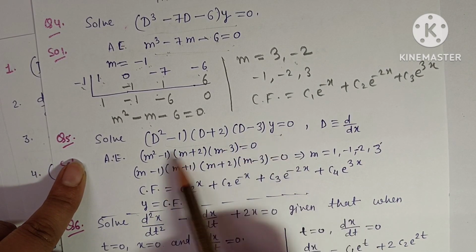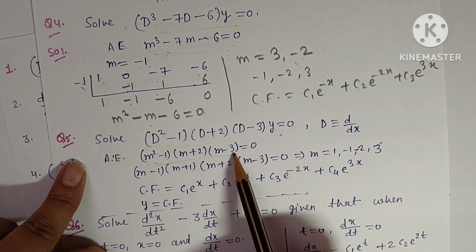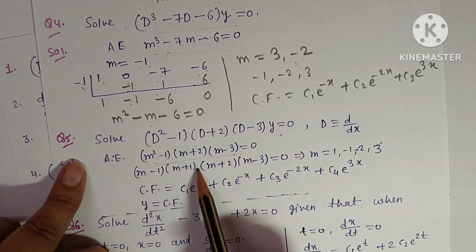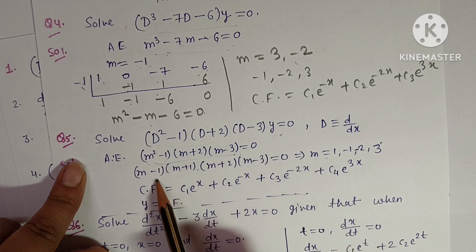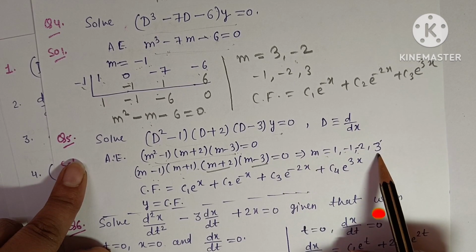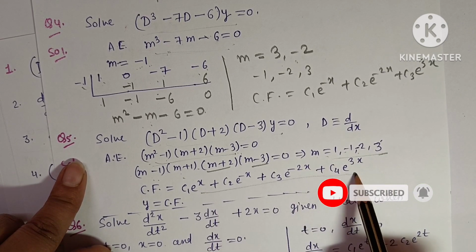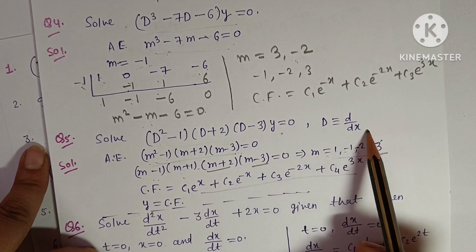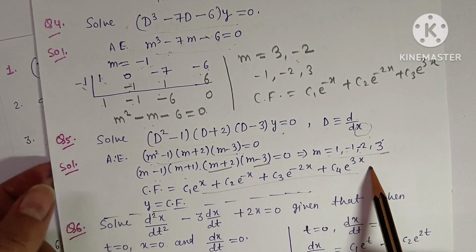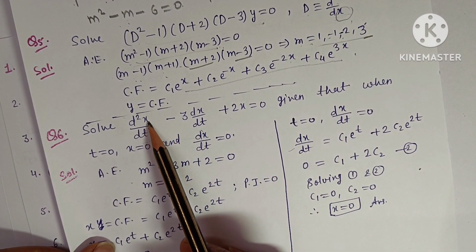For this equation you can write the auxiliary equation, where d will be replaced by m and y by 1. So you have this auxiliary equation. Now you can find the roots. Here m square minus 1 is equal to m minus 1 times m plus 1. So you have m equal to 1 from this factor, m equal to minus 1 from this, m equal to minus 2 from this, and m equal to 3 from this. So these are real and distinct roots, so you can write CF like this. The independent variable is x here, because d is mentioned as d upon dx, so I have used independent variable x. But in the next question you can see the independent variable is t and the dependent variable is x,